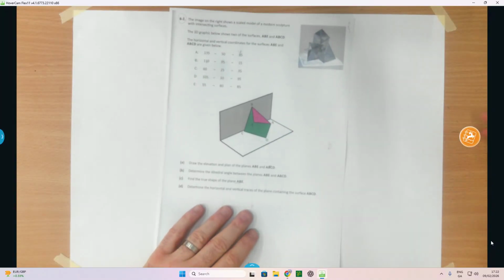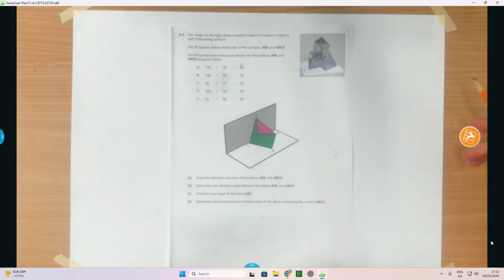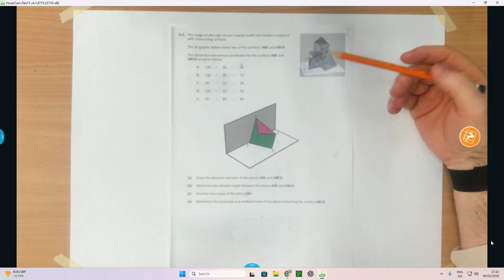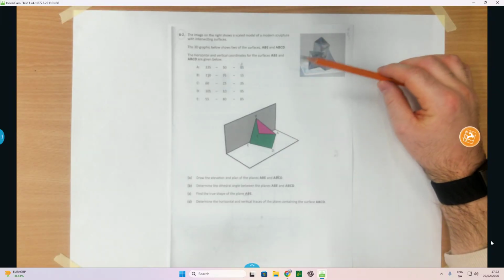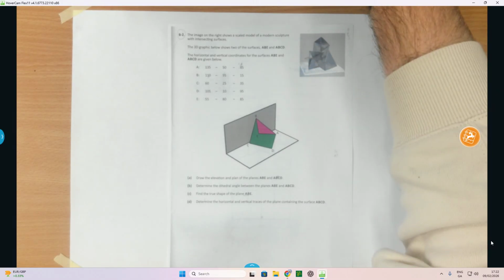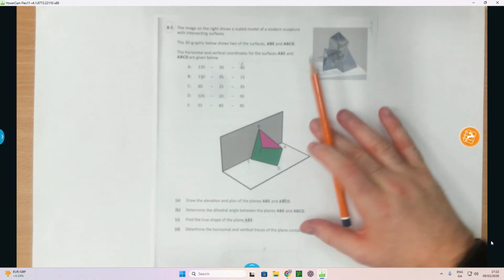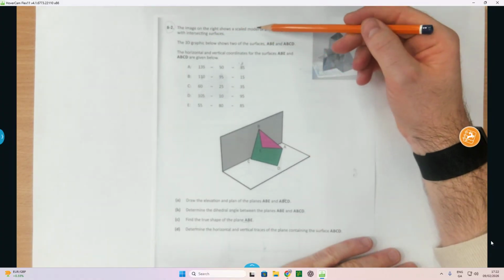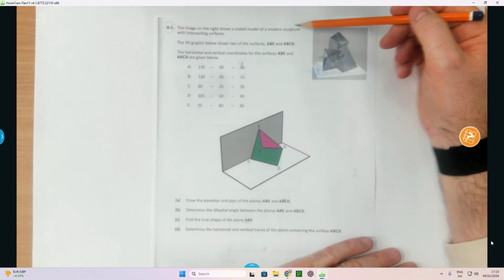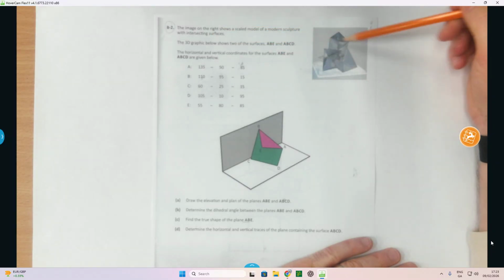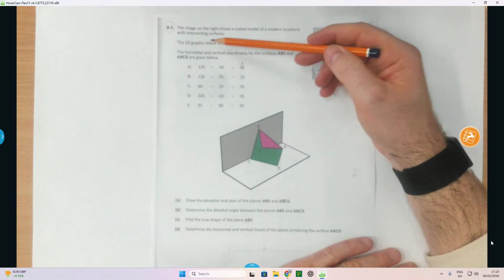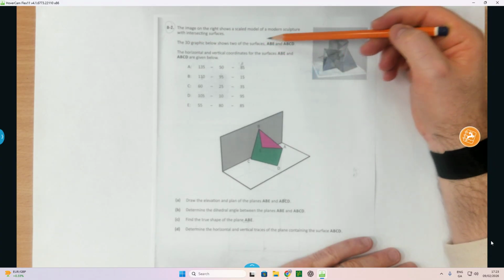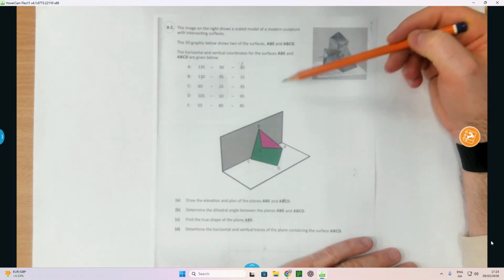Hi folks, so this question here comes from the Leaving Cert DCG mock paper 2026. It's actually from the ExamCraft selection of papers. So what we have here, it says B2, the image on the right shows a scaled model of a modern sculpture with intersecting surfaces. It's kind of hard to see from the image there, but you can see this little sculpture inside here. The 3D graphic below shows two of these surfaces, ABE and ABCD, and you can see the